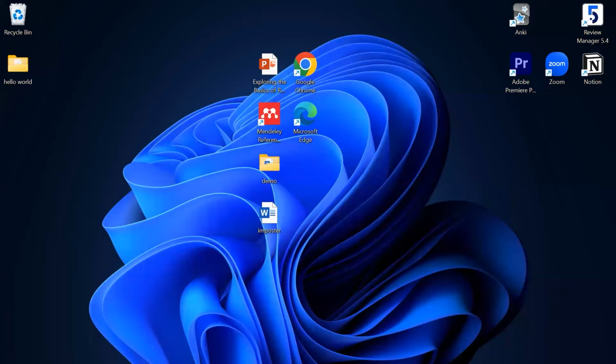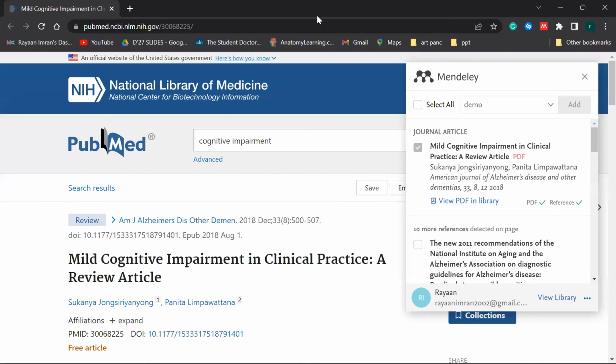I'm going to close this and open this particular journal. Example one, sorry. I'm not going to open this, there's no point opening this. Let's come back to this particular part.